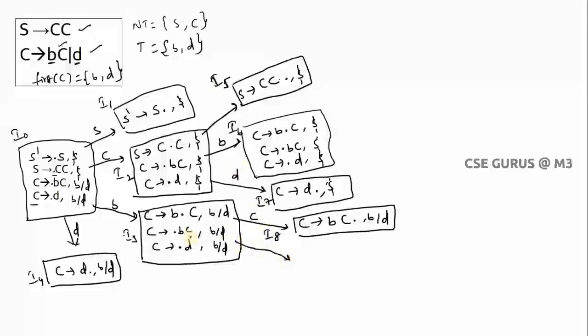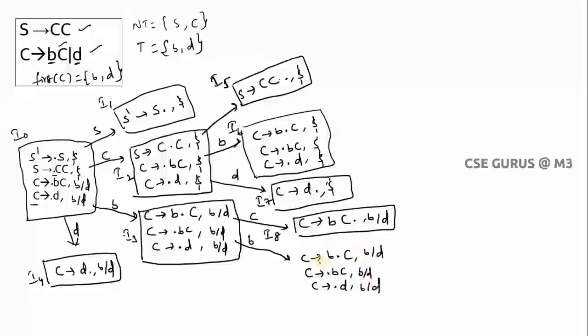The next part, you can see what you need to read: dot B. Now C tends to, what will it become? B dot C. The lookahead is B by D. Now after dot, C is there. So the C productions I need to write: dot BC, C tends to dot D. What will the lookaheads be? You have to check it out. C is there. Is there any dot C production? Yes, here. What is there after dot C? No symbol. That's why whatever lookahead I have, I have to copy.